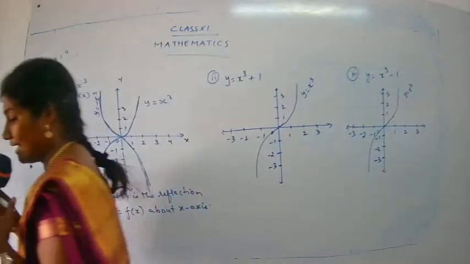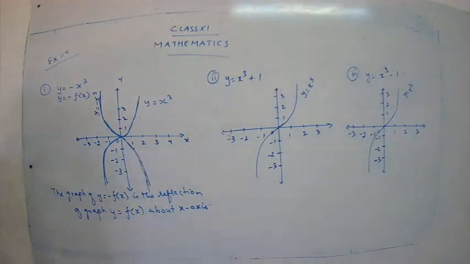So have you done the graph for the second one? y is equal to x cube. Now what is the new graph we are going to plot? We are going to plot y is equal to x cube plus 1. So where are we going to refer? We are going to refer to translation, the third point, yes, the third one. x cube plus 1: a function added with a constant, with one number, one is over here.